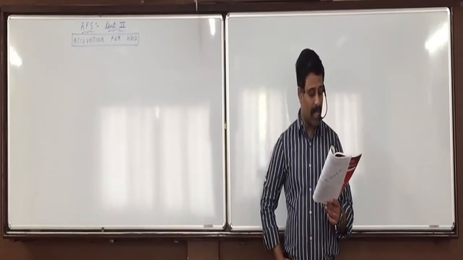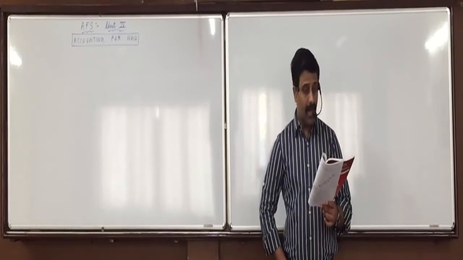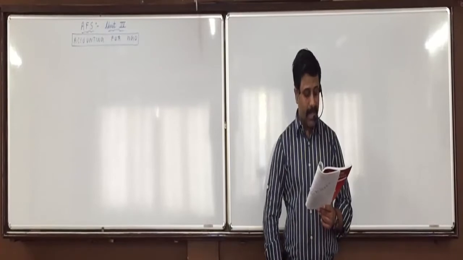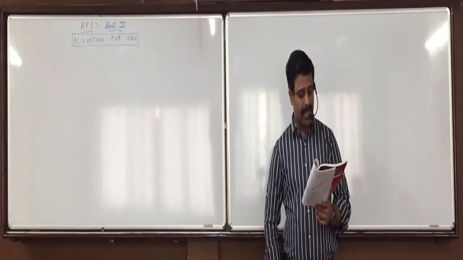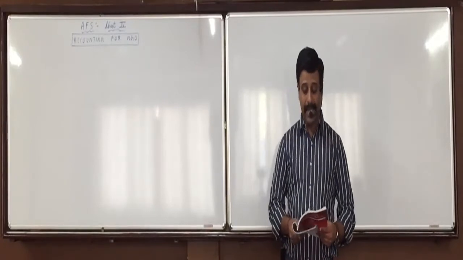Then loans and borrowings is number 4. This is the fourth liability. Now loans and borrowings may be secured or unsecured. Then current liabilities and provisions, number it as 5. Did you understand this?